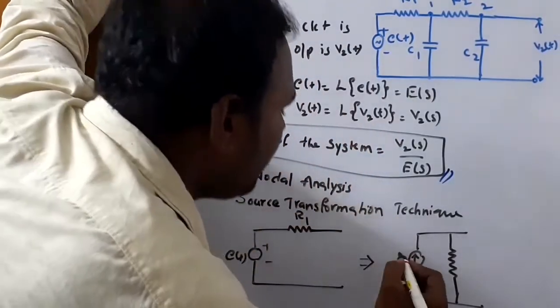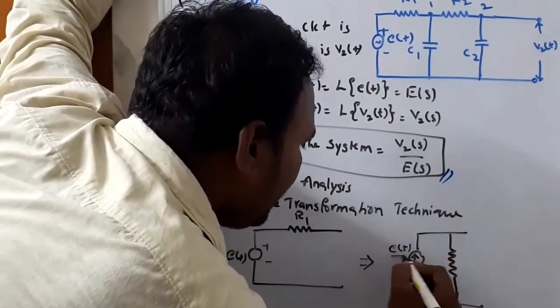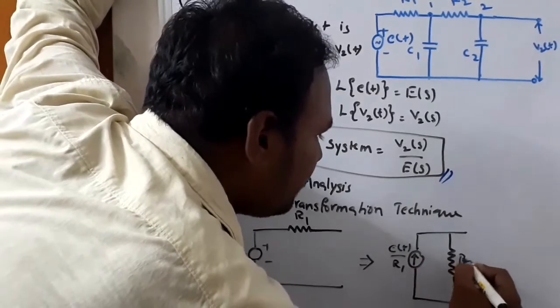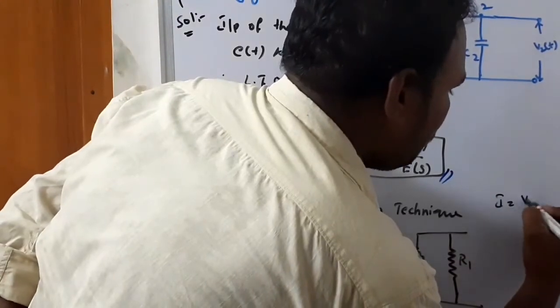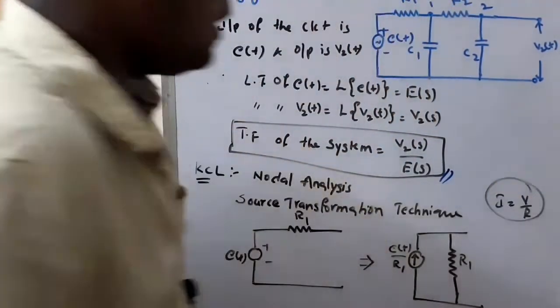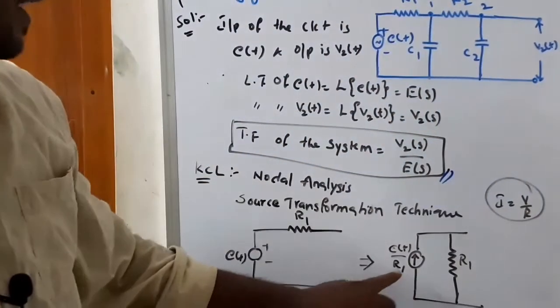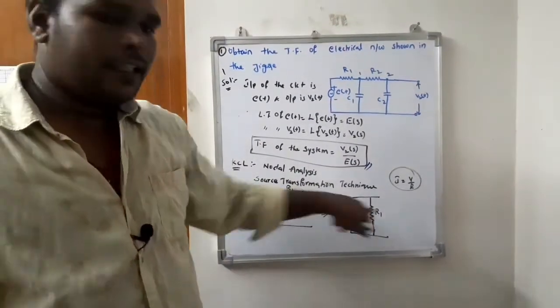What happened here is E of t by R1, why? Because I is equal to V by R. By using this Ohm's law relation we convert this voltage source into a current source,